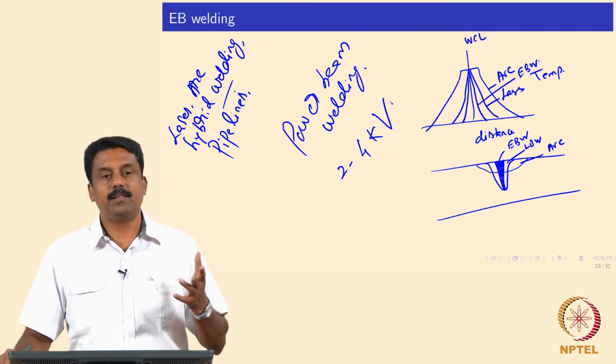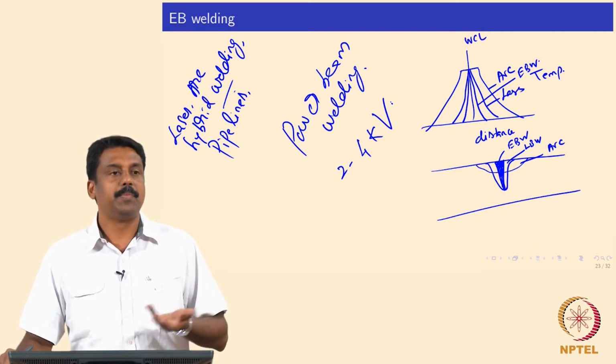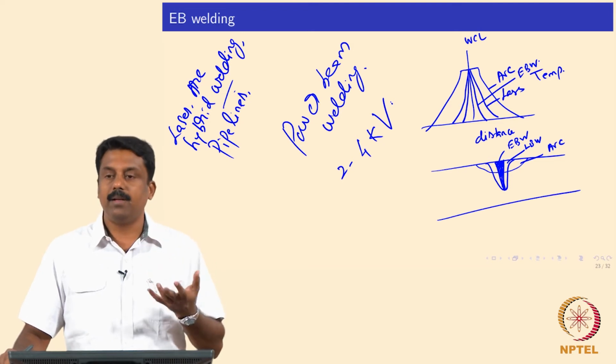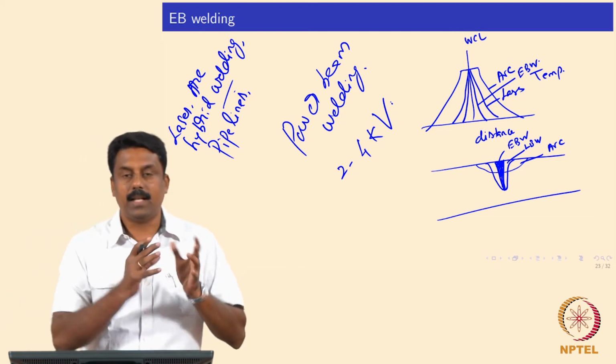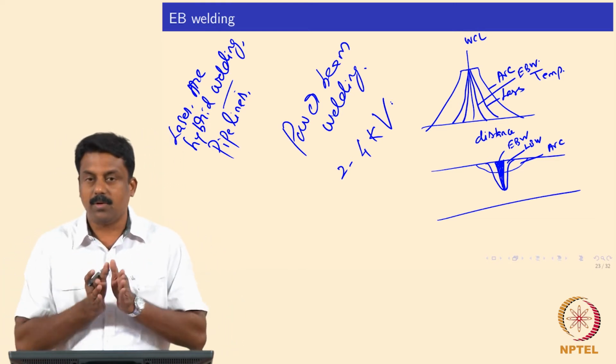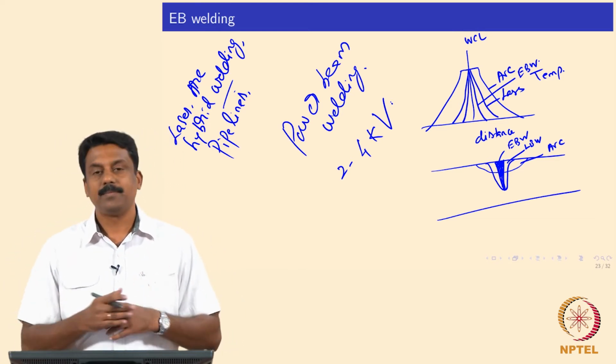So, you can set the acceleration voltage. Based on the acceleration voltage, you gain the energy, the power in the beam. Unfortunately, when you are accelerating the electrons generated from the cathode to the anode, the electrons would also diverge. It is not like a laser, is it not?